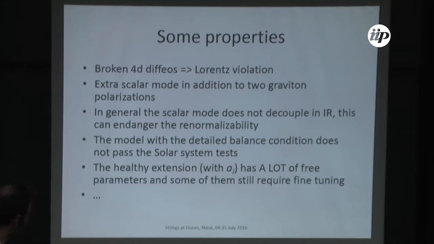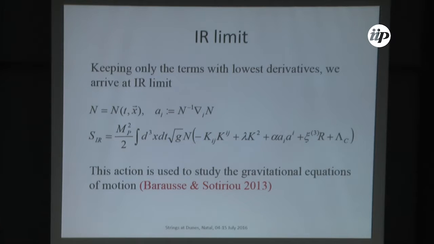Here, quickly, some properties. Of course, because it breaks diffeomorphisms, strictly speaking, it should lead to Lorentz violation. So this is my motivation: a lot of free parameters. And how to couple to matter, meaning that strictly speaking now you have to couple to matter also in this foliation-preserving way. There were immediately works which showed that it will introduce so much Lorentz violation that actually you have to stick to coupling to the usual geometry, which is very unnatural. So you have geometry which is actually not 4-dimensional diffeomorphism invariant, and you couple matter as if nothing had happened.